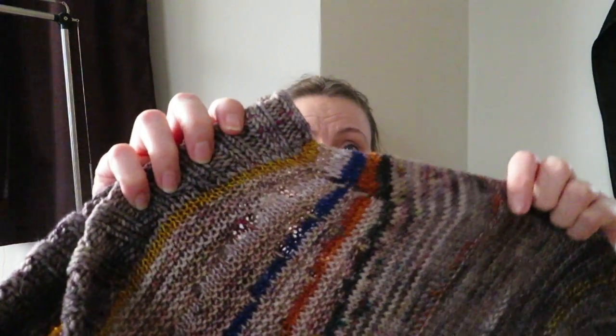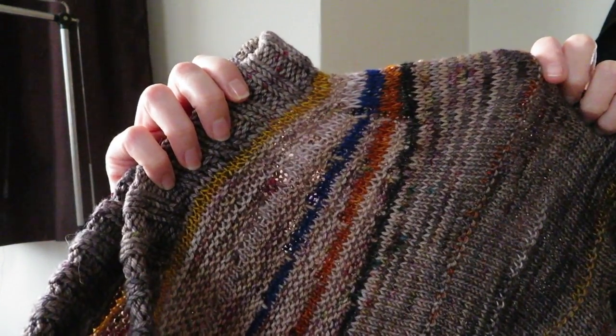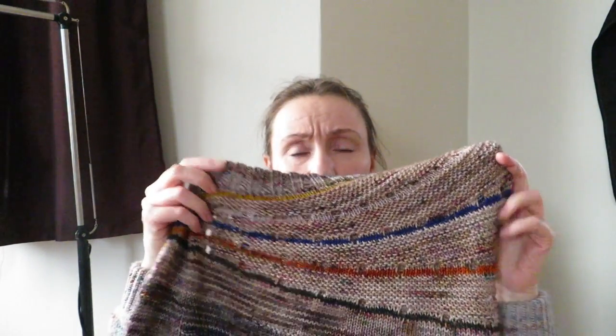All the color pops are also Labianame singles, but the main colors of the sweater are Labianame in the sport weight base. And because I wanted a little bit of added texture, I was thinking about maybe continuing the stripes that I did here in the short row sections throughout the body, but then I decided not to do that, and instead I did